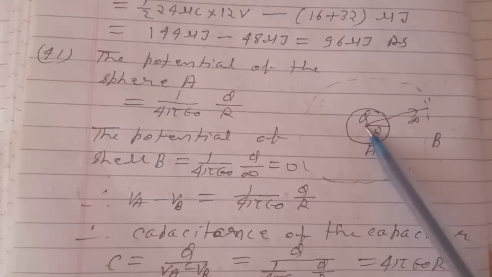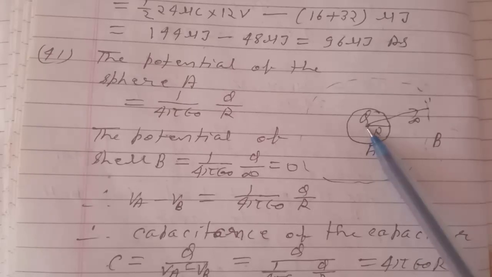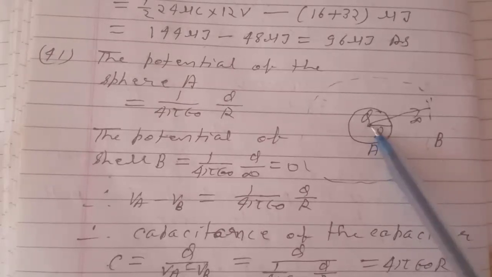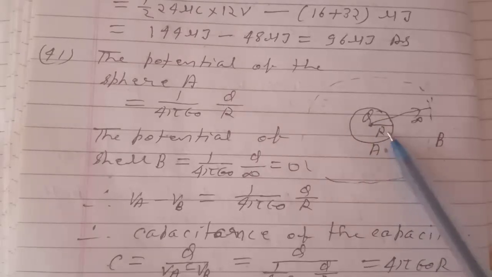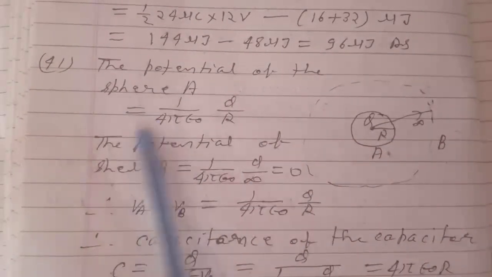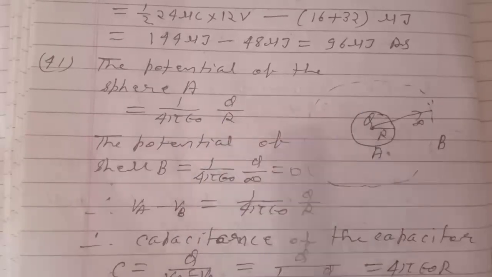Next question. A point charge q is placed at the origin. Find the electrostatic energy stored outside the sphere of radius r centered at the origin. Here it is shown the situation. This is a point charge q placed, and this is a sphere of radius r. Now the potential of the sphere A will be 1 by 4 pi epsilon naught q by r,